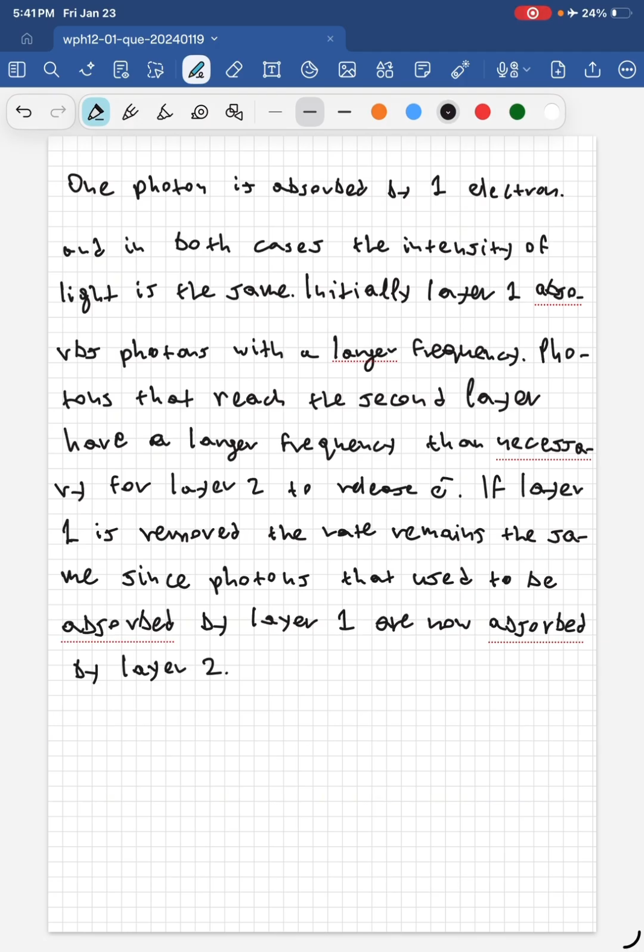Then second point, initially layer 1 absorbs photons with the greater frequency. And then the third point they mention is photons reaching layer 2 have an energy greater than the work function of layer 2. Okay, we said that. The other point they mention is that 1 photon interacts with 1 electron, and the last point is that so the rate at which electrons are released remains the same, just like we answered, and we are free to move on